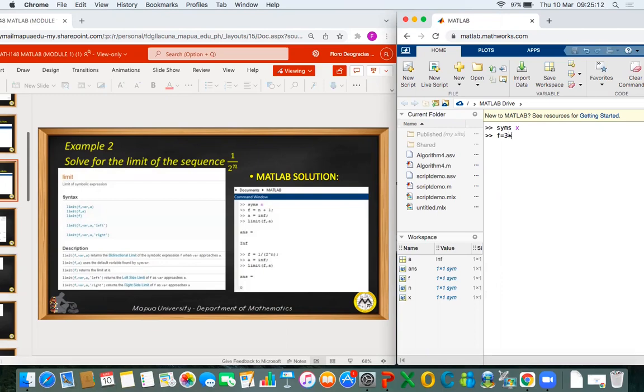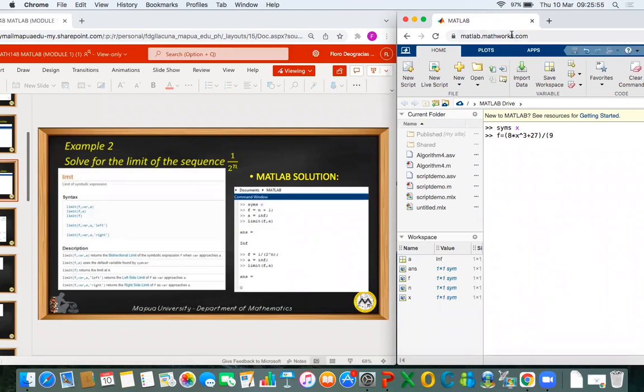So that means 3 asterisk x, caret 3, plus 8 x cubed plus 27, then all over, let's say you have 9x cubed